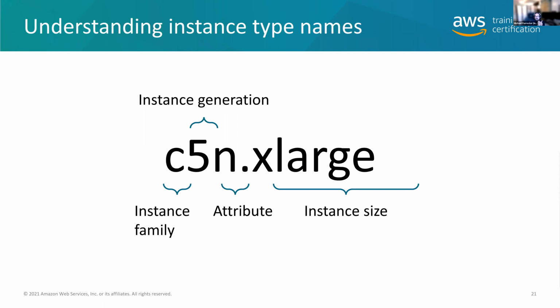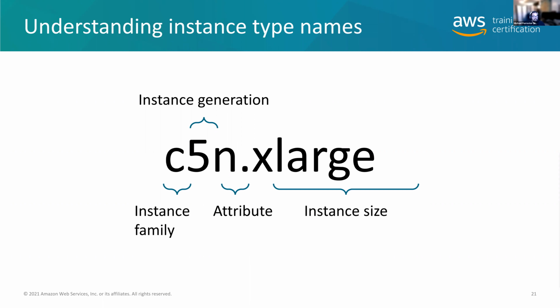The number is the generation of the machine. So if you see a C6G, that is a 6th generation compute system, right? Which is what the C stands for. And the G stands for Graviton. I've got to tell you, the attribute names, the things that come after the number, those are the hardest things to keep up with. It'll be like D for disks or G for Graviton or A for AMD or I for Intel. And they're not always intuitive. So sometimes you're like, why is there an N there? Is that networking? And no, that's Nitro. It's like, oh, what?